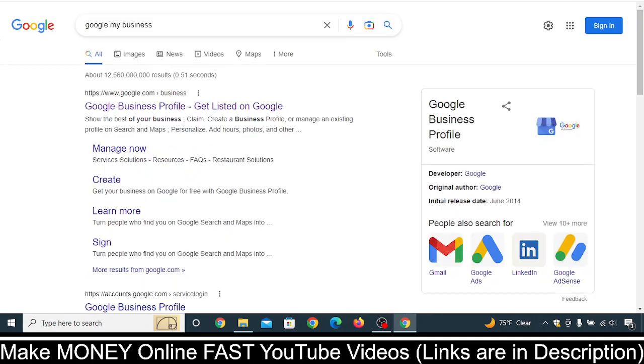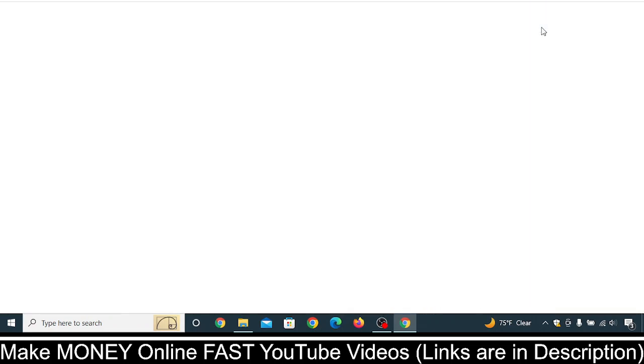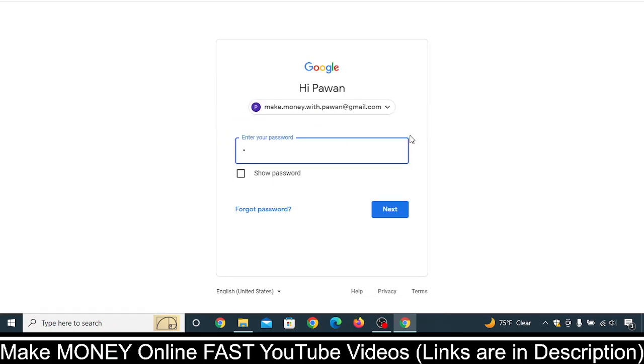So firstly, what you need to do is just search on Google My Business. Okay, and then you will get this link. Just click on it, and then you will be able to visit this site or this interface of Google, and then just click on sign in. Now let's wait for some time. Now you need to select the email address that you want to use. For example, in my case, I want to use this email, so I can just click on this, and then now you can put your password. Now simply click on next,